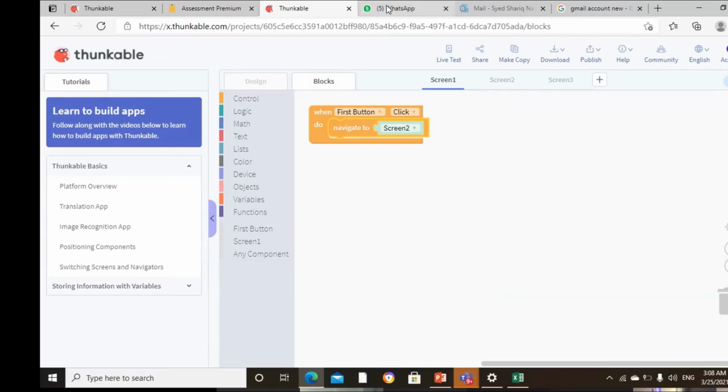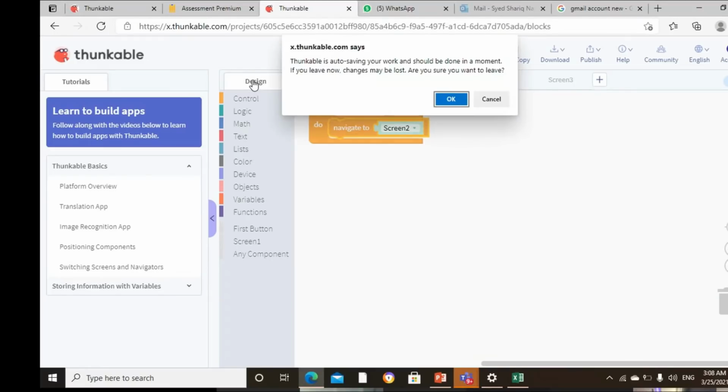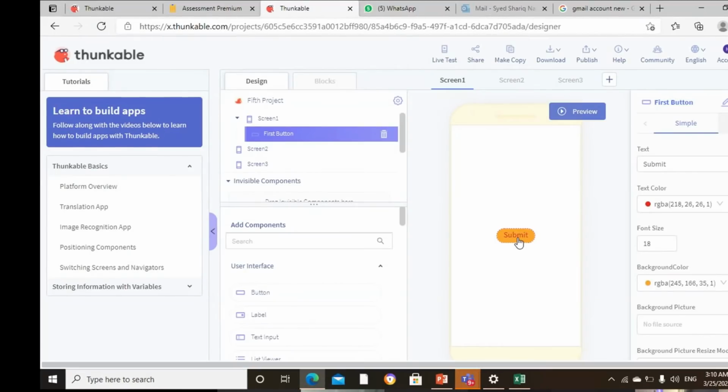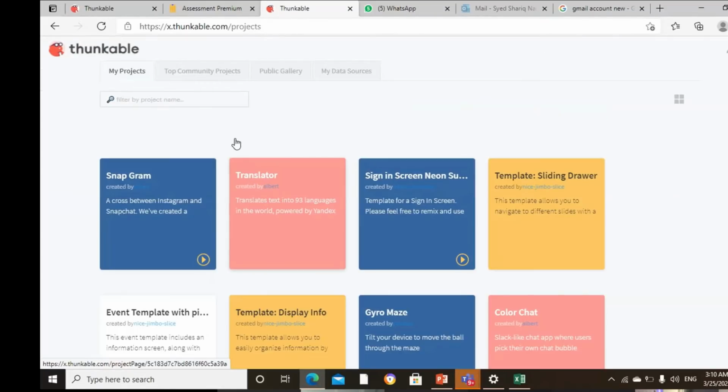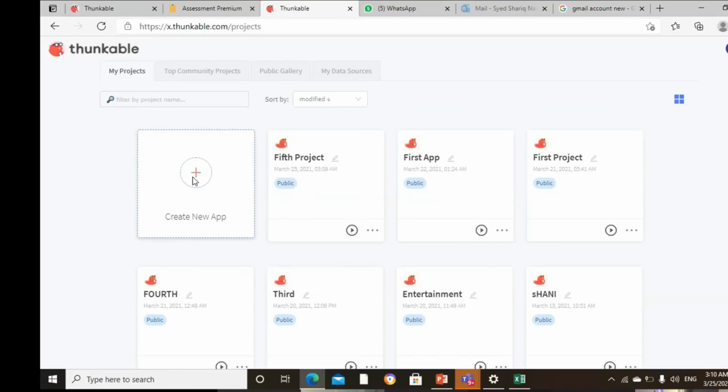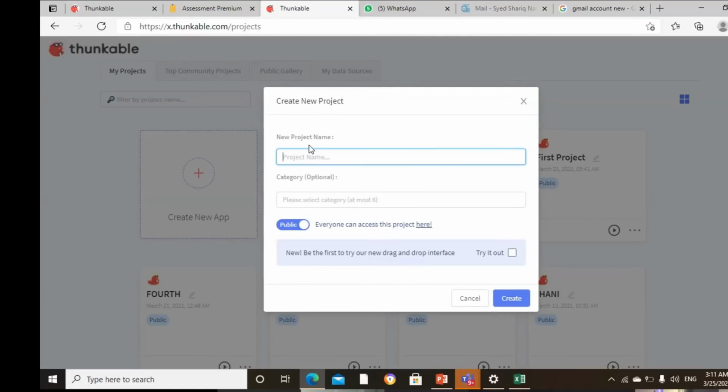Okay. Now again we come to design. See, I am doing from the beginning now. I go back, I click on new, I click on create new app, give the project name.